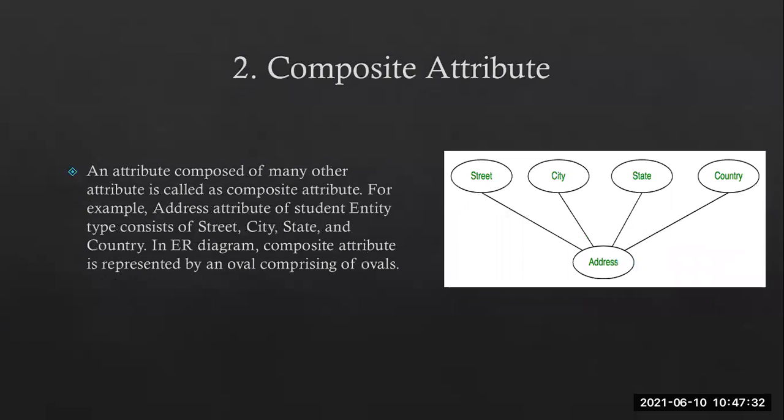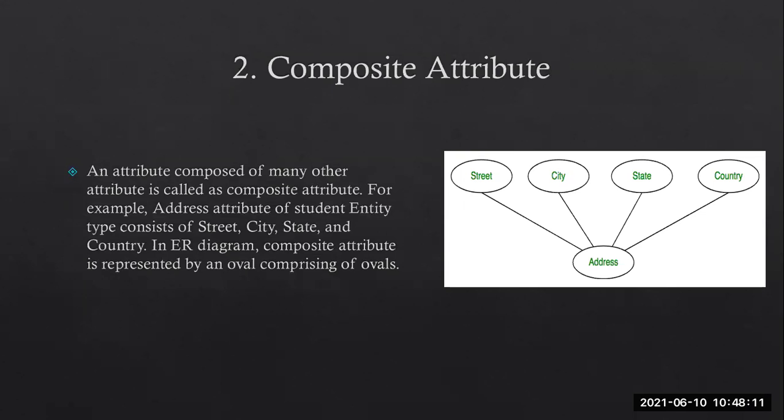Then the second type of attribute is what is called a composite attribute. Here there will be derivations, extra explanation, like classification. So now let me read first of all. An attribute composed of many other attributes. An attribute for which classifications have to be made, where you are going to classify that attribute. That time it is called a composite attribute. You can have a proper definition here: an attribute composed of many other attributes is called a composite attribute.